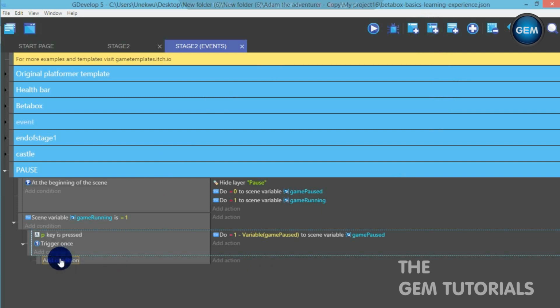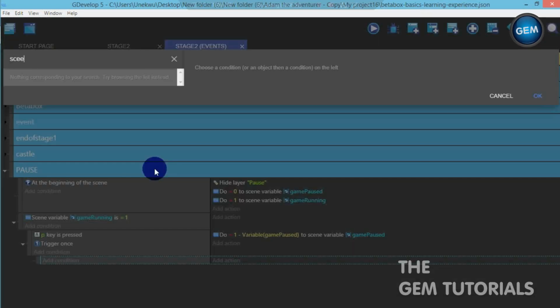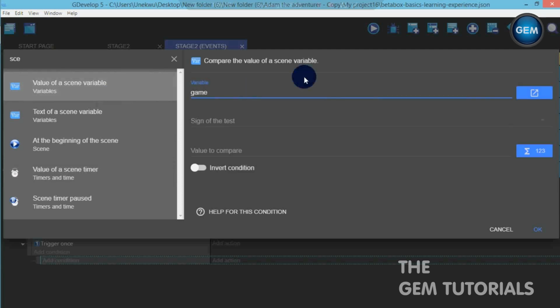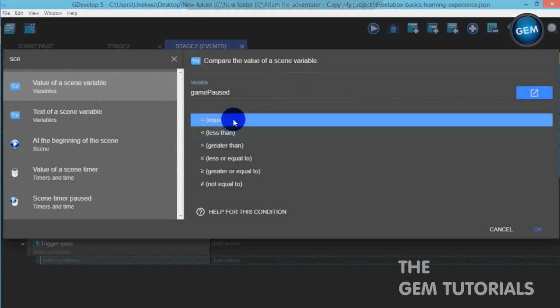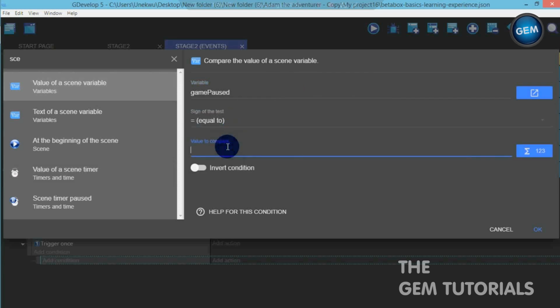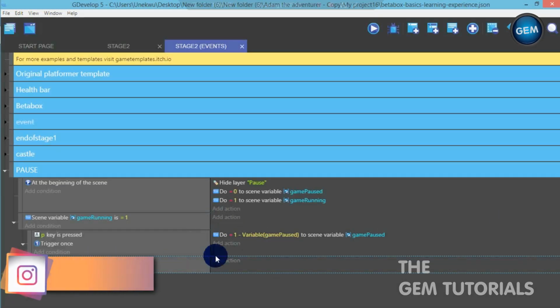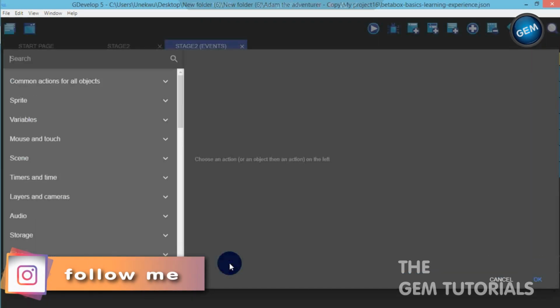Add condition, scene variable, value of scene variable game post, sign of test equal to value compare 0. That was why we added this. So we actually subtract 1 from the scene variable. So when it's 0, we need to set the time scale,